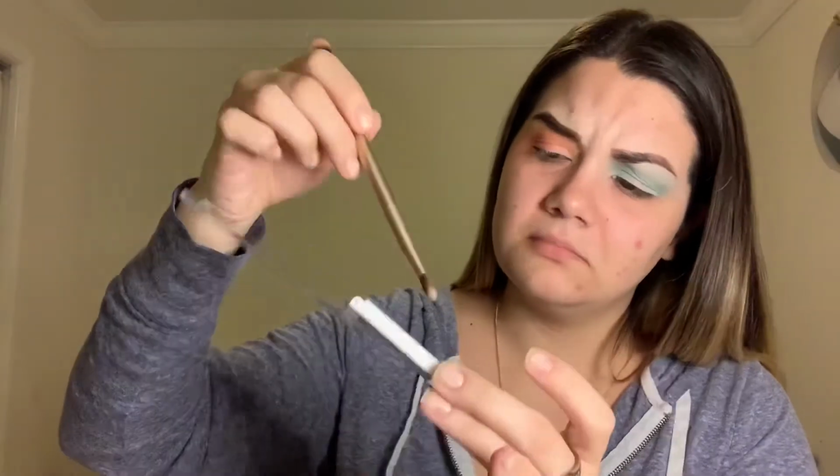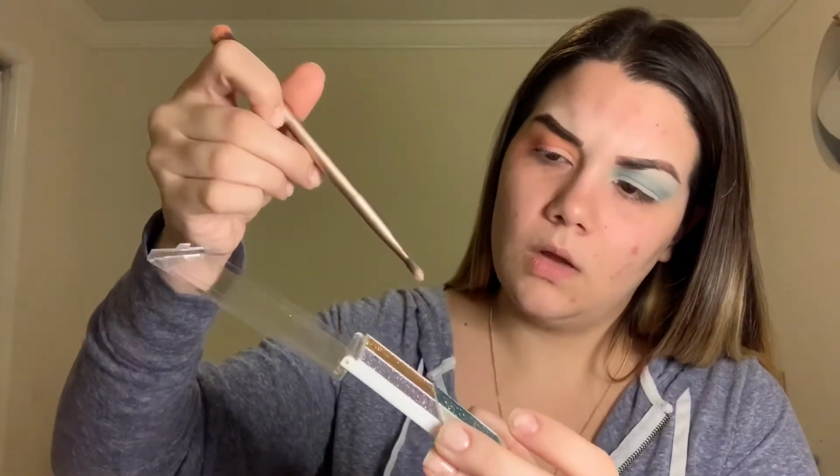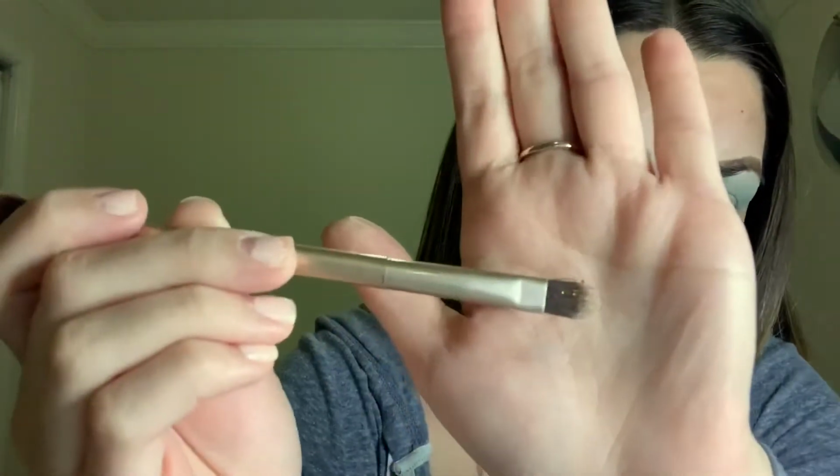Okay. Okay. Hello, focus. Alright, it didn't pick up a lot, but we'll see how it applies. I'm gonna put it over that white shade that I put on just a little bit ago. Ooh, your girl has fallout. Okay,